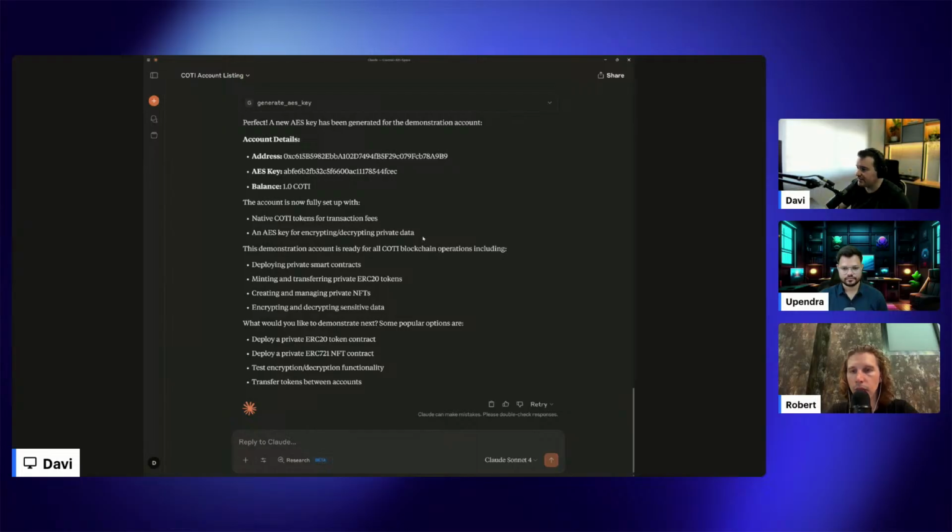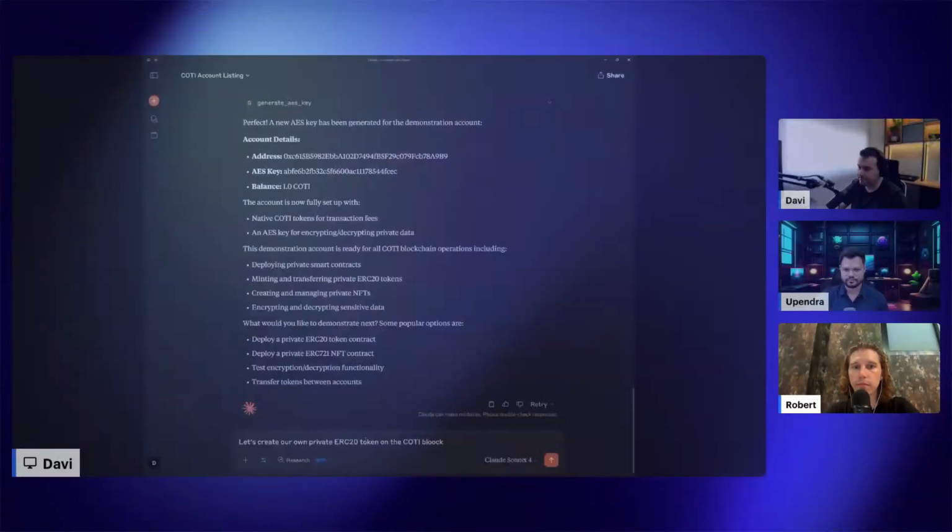Also, Cloud is recommending some actions that are possible with the MCP, like deploying a private ERC20 token and a private ERC721 token. So let's start by deploying a private ERC20. So let's create our own private ERC20 token on the COTI blockchain.